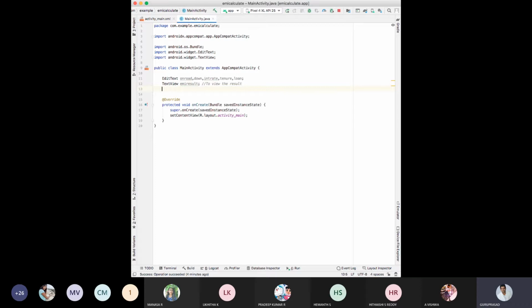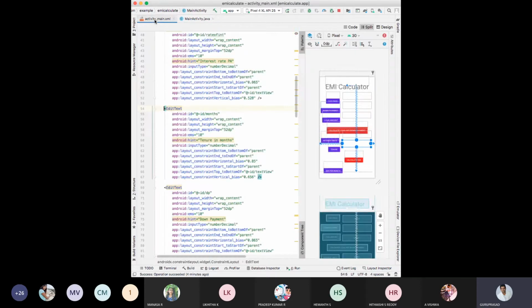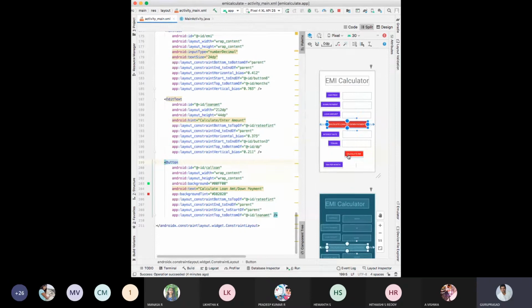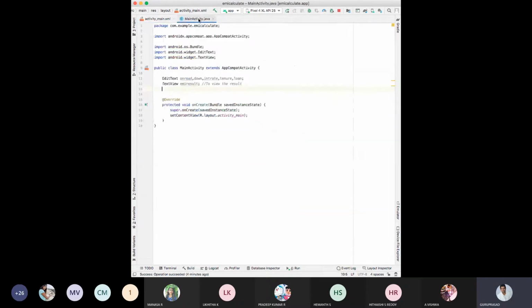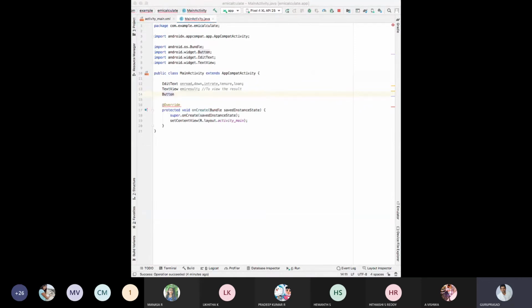Okay, next, what are the 2 buttons? What are the buttons we have? One is calculate the loan amount, one is calculate the EMI. Correct. So there are 2 buttons. The first button is to calculate the loan amount, that is car loan.